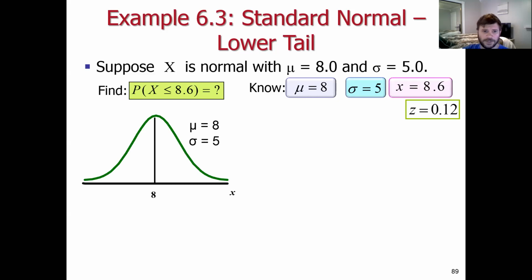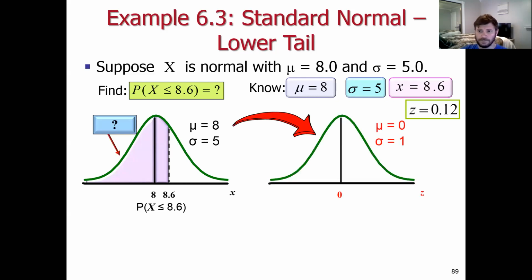We're going to start off in x space, and we're going to draw the problem. And we're looking for that entire pink area. We want to convert that into z space. Okay, and we know already the area that we had calculated just in this small region, just in this band from the last example, was the probability z was between 0 and 0.12. And we're just going to need to add that,